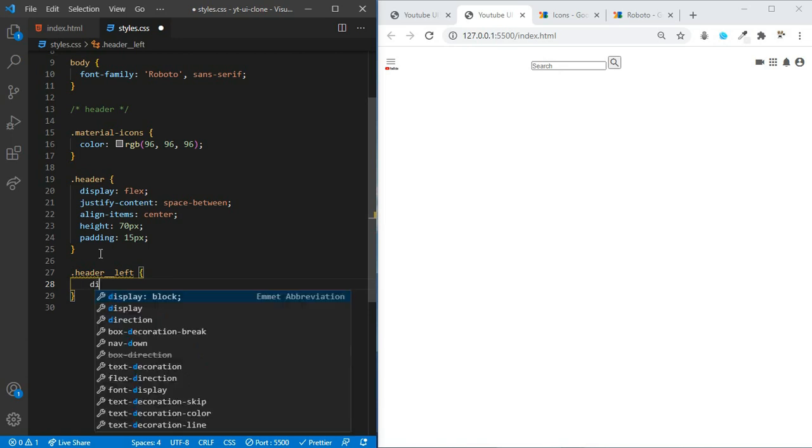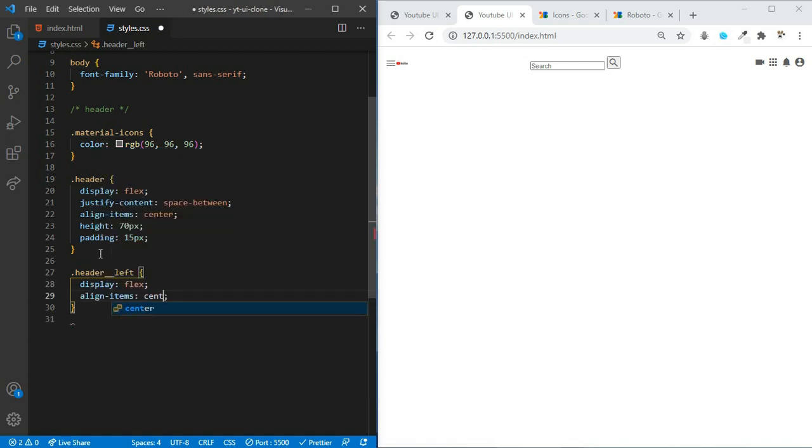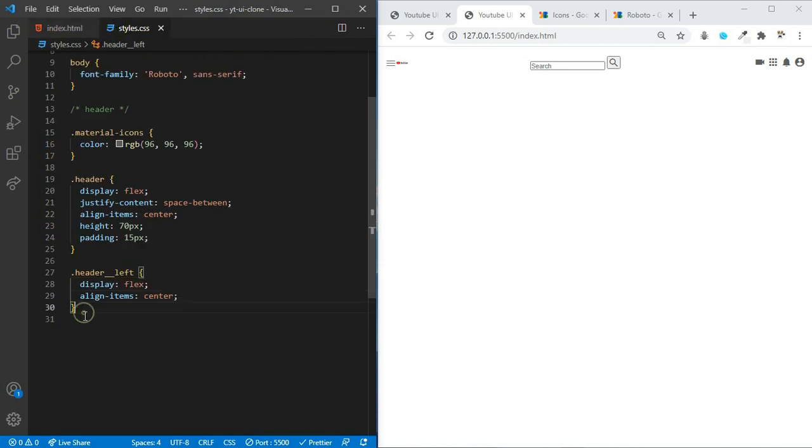Okay, let's also try display flex and also say align items to the center. Okay, now let's target that image that is inside of this header left, so img.